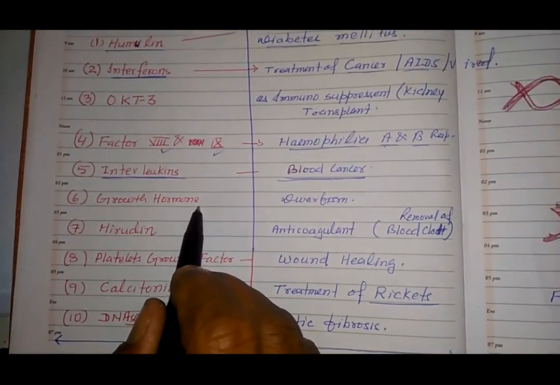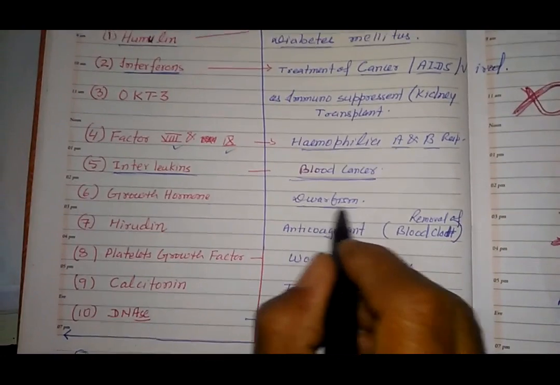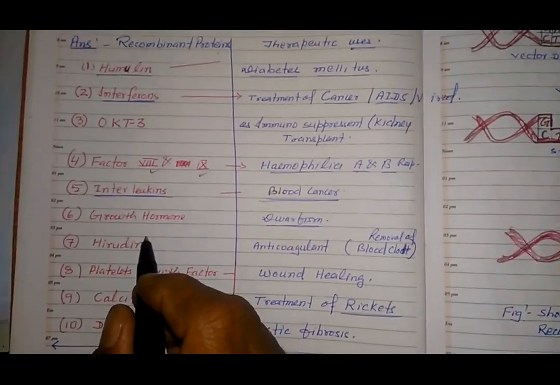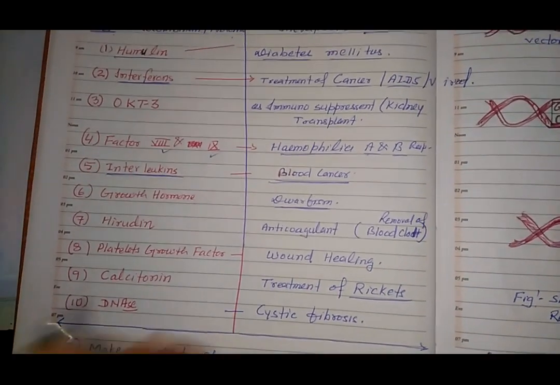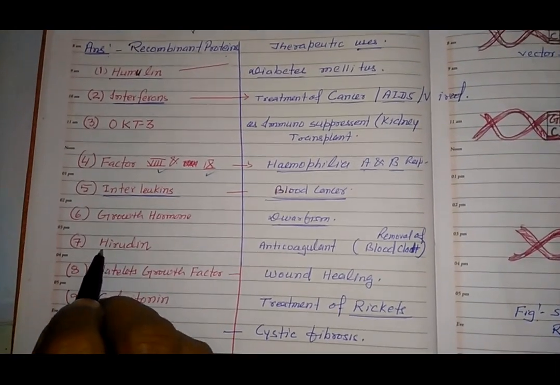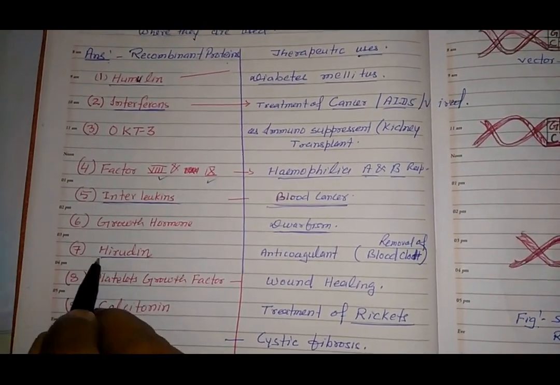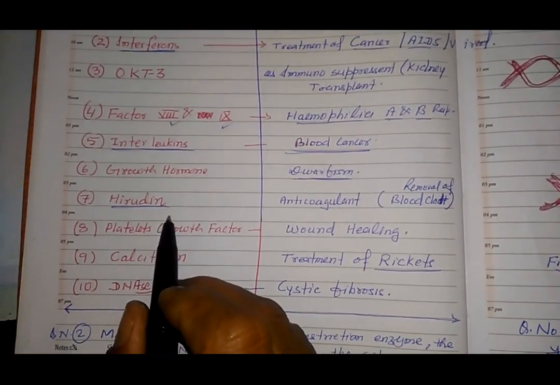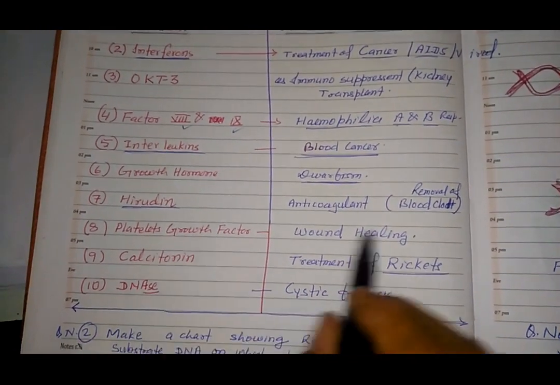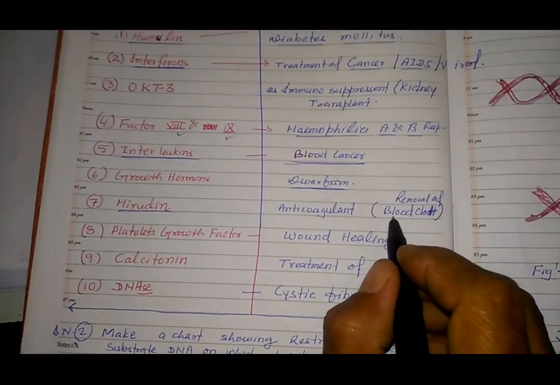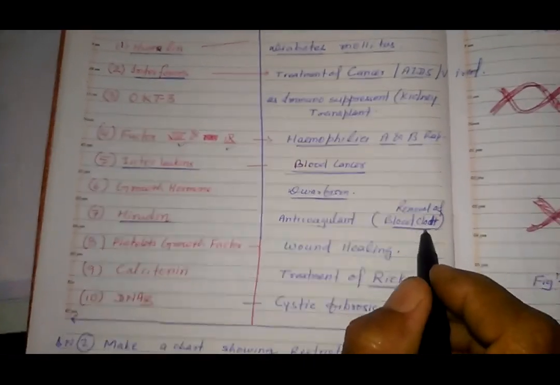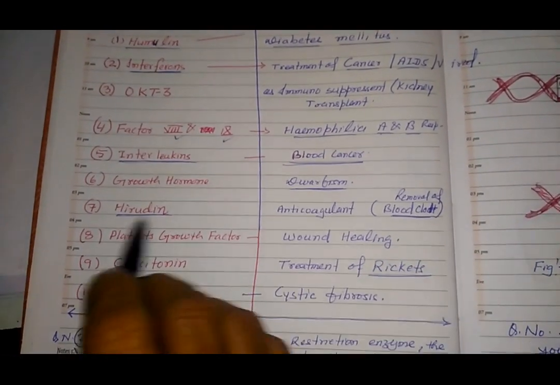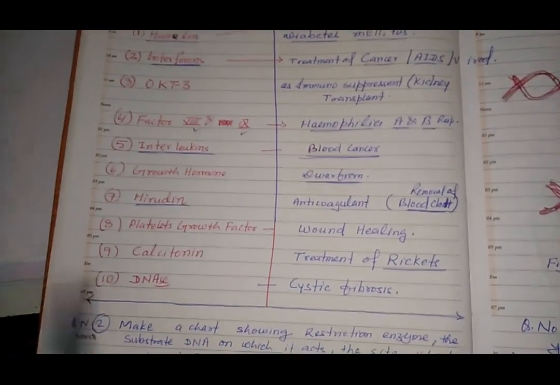Growth hormone is used in case of dwarfism, and if it is administered at a lower age or during the growing period, the height is increased. Hirudin, it is called, from the leech. Hirudin is an enzyme that helps as an anticoagulant. It removes blood clots. In case of injury there is a blood clot in the head region or any other region, and that can be removed by use of this hirudin.